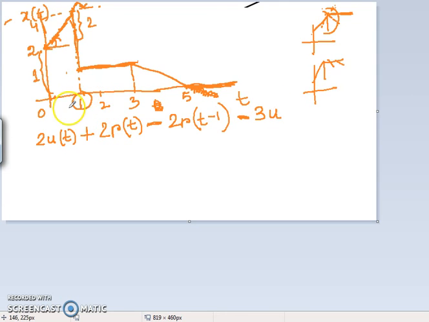Where has it taken place? It has taken place at t equal to 1. So it will be u(t minus 1). Okay. So now we come to this point. If I write in this way, that means we have written this part and this part. Okay. So this will happen if there is no other signal, this will continue.